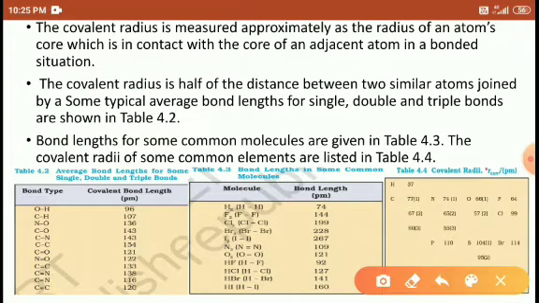Covalent radius. Now the average bond enthalpy. Average bond enthalpy means, students, the energy required to dissociate the bond. Look at the first figure, the first diagram. For the single bonds, the oxygen-hydrogen bond length is 96 picometers. The carbon-hydrogen bond length is 107 picometers, and the C-O bond is 143 picometers, right?